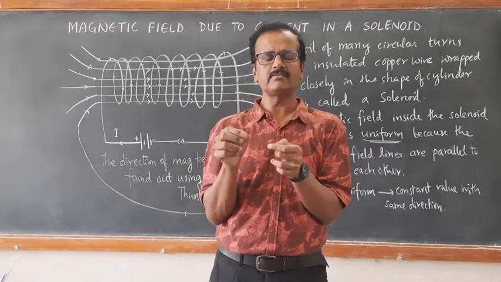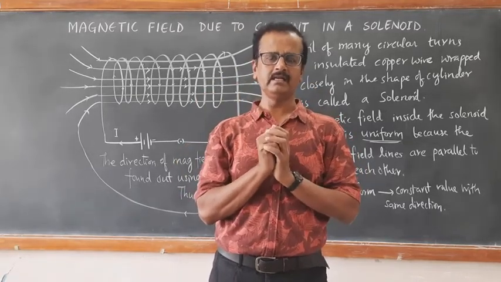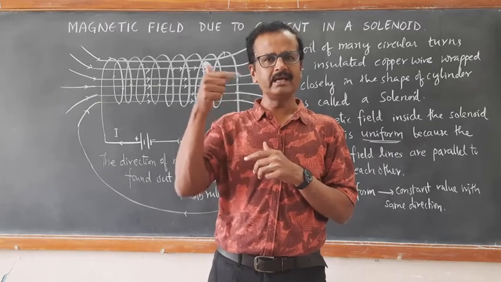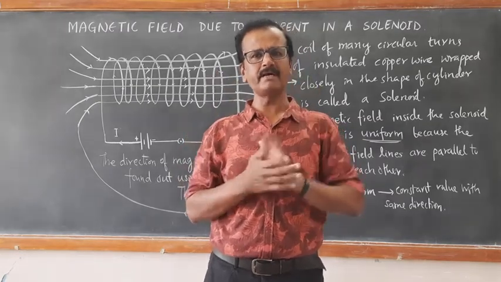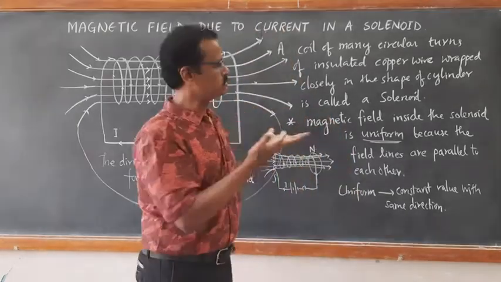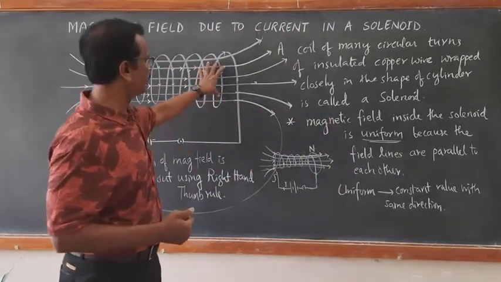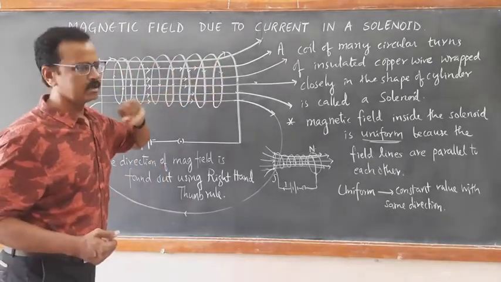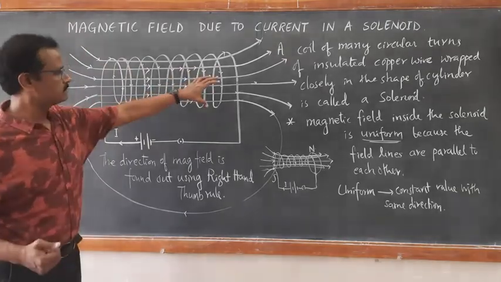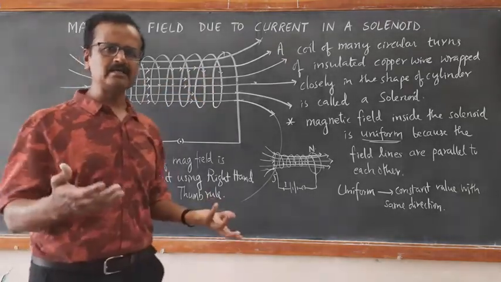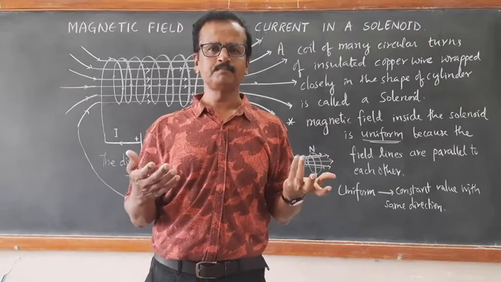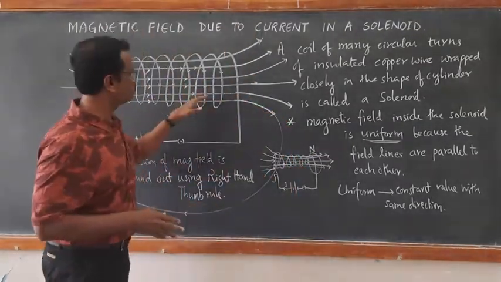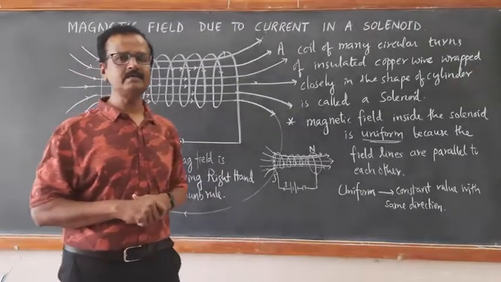Connect those two ends of the long wire to the battery. The moment you connect and allow the current to pass through, the nail inside behaves like a magnet. That is nothing but the solenoid. Here is the solenoid without any iron inside. If you insert an iron cylinder, then that iron cylinder behaves like a magnet as long as the current is flowing through the windings of the solenoid.